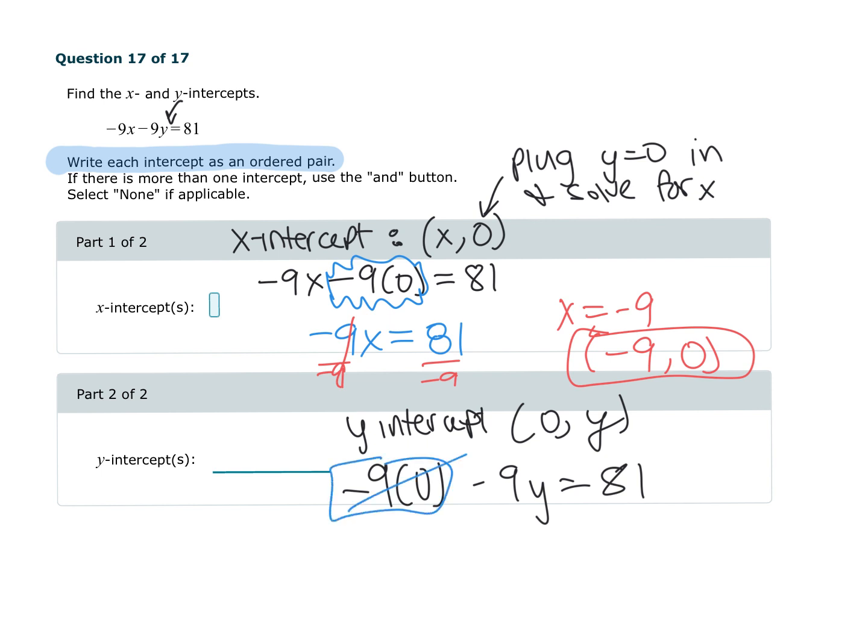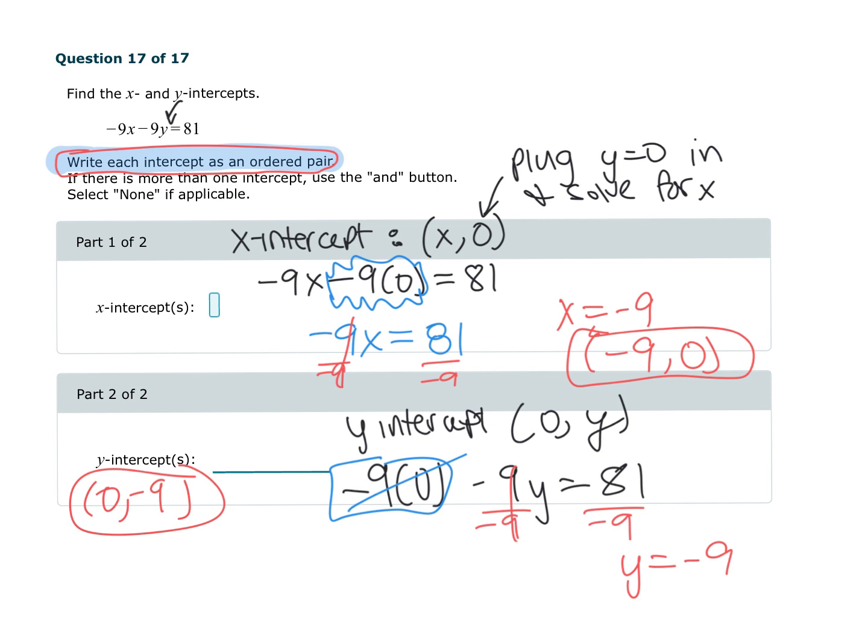You can almost do this in your head, but I like to show my work. Then negative 9 times y equals 81. I divide both sides by negative 9, and I end up with y equals negative 9. However, I can't just type negative 9 in because it's asking me to write each intercept as an ordered pair. So how would I write that? 0, negative 9. Good. Very picky. Okay. Now,